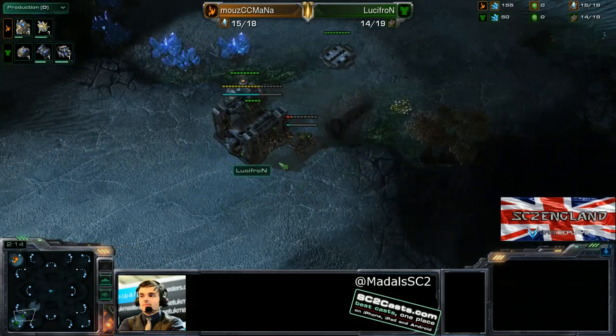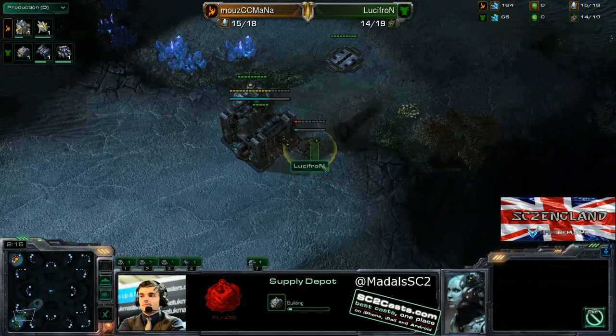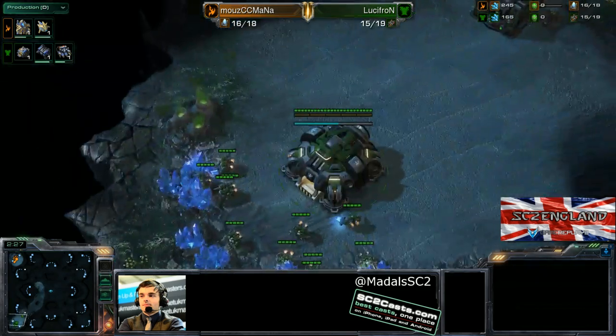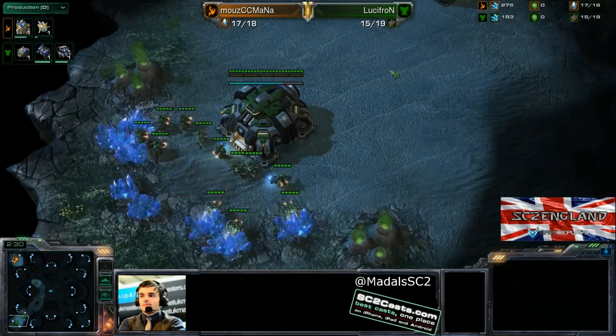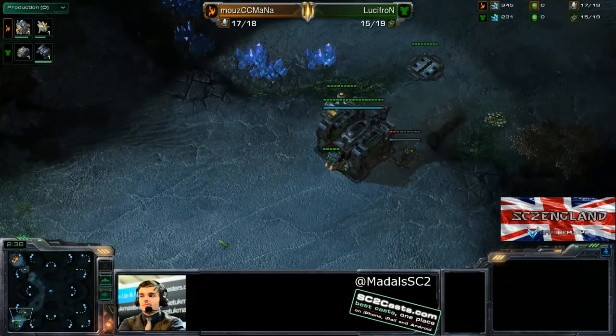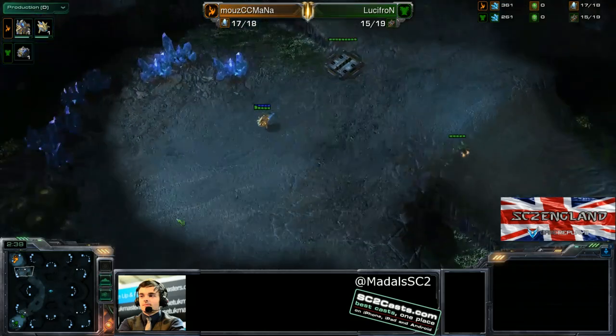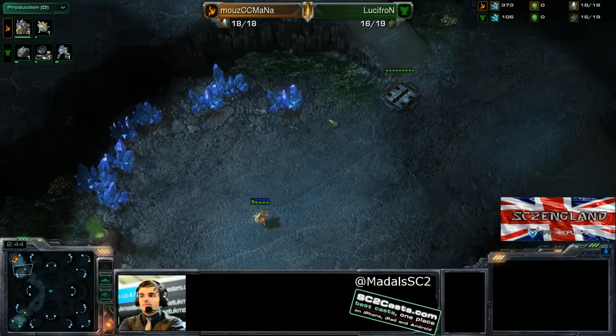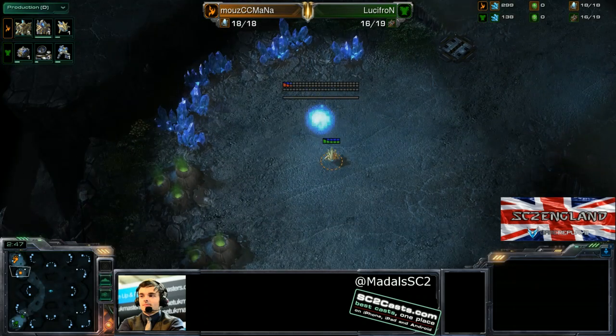And the first thing we're seeing here from LucifroN is he's getting this very low health supply depot. It's something that used to be super popular, and then went out of fashion a bit, and it's starting to come back in now. Generally speaking, it's when you want to deny the scout, you want to deny whether there's gas or whether you're going for an early command center or something like that. But as we can see at the moment, MaNa is not even bothering scouting. He's just like, hey, I've got my gateway nearly finished, I got my 400 minerals,